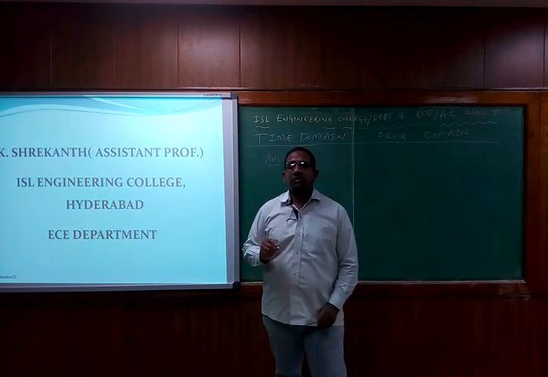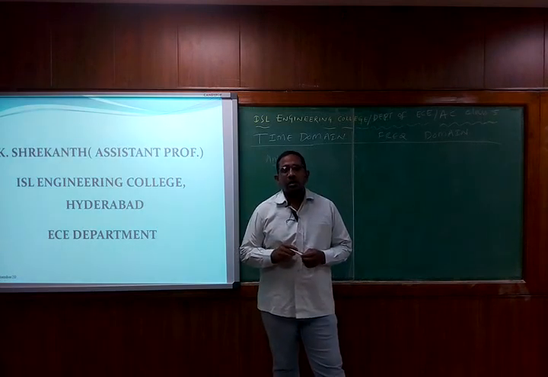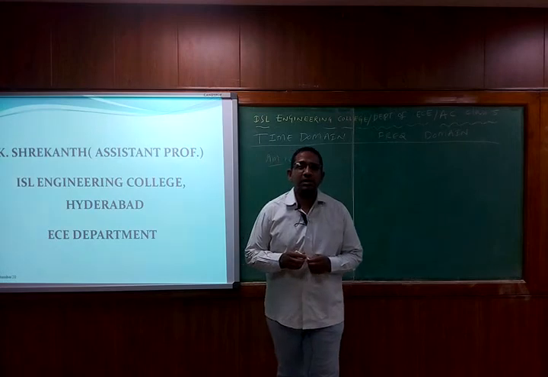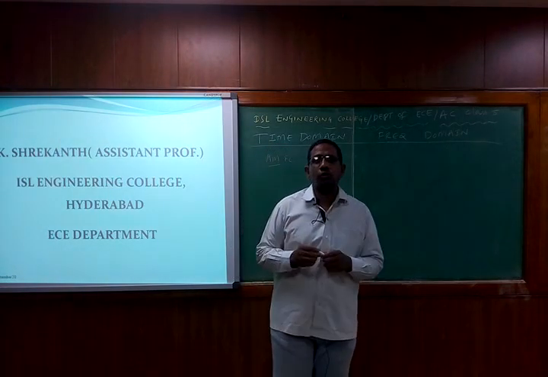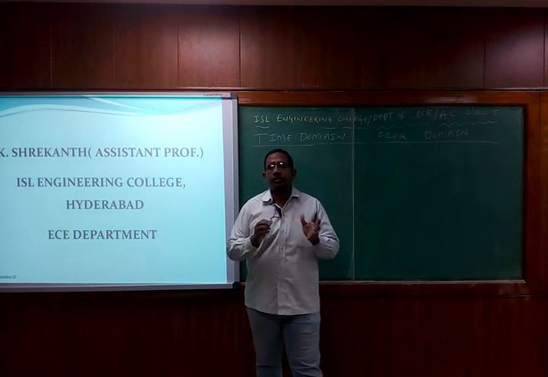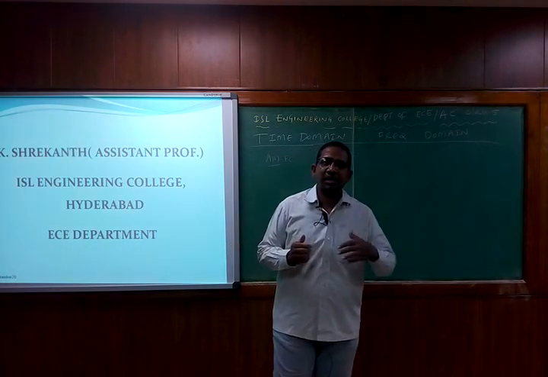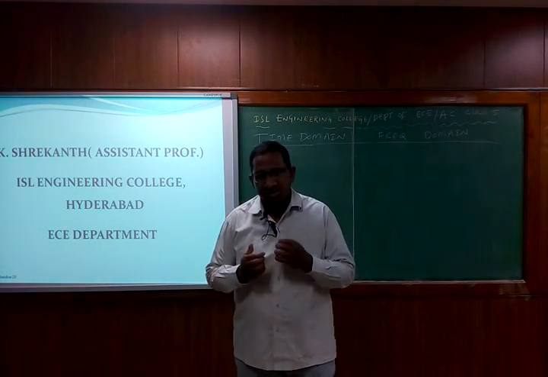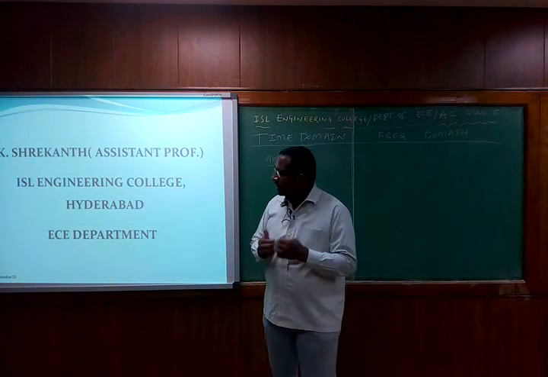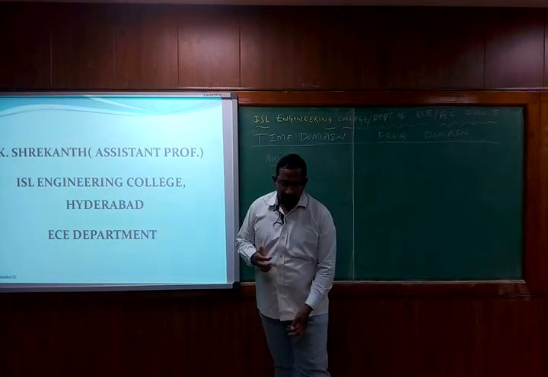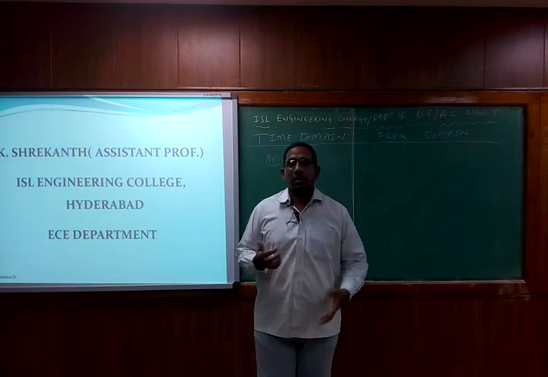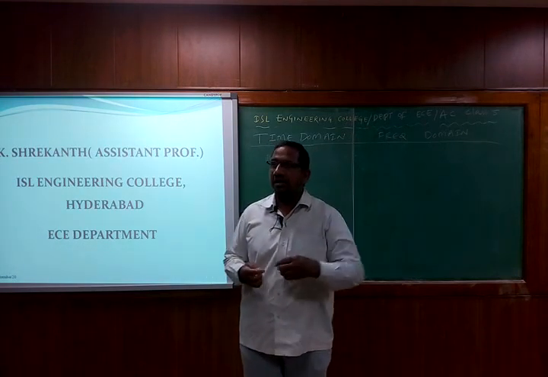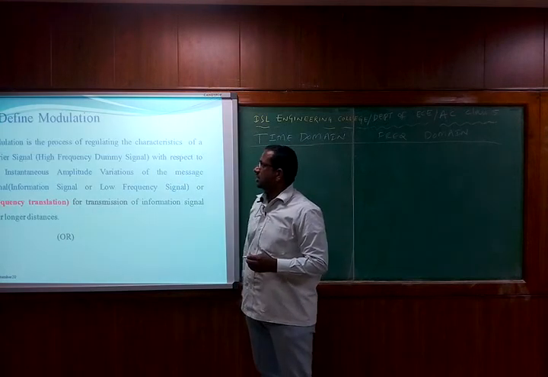Now what is the heart of the transmitter? It is the modulator. What is the heart of the receiver? It is going to be the demodulator. The modulator at the transmitter and the demodulator at the receiver are going to be opposite operations done at the transmitter side as well as at the receiver side. So compulsorily both of them have to be opposite to each other in order to have effective communication between the transmitter and the receiver. Let us start going with our subject now.